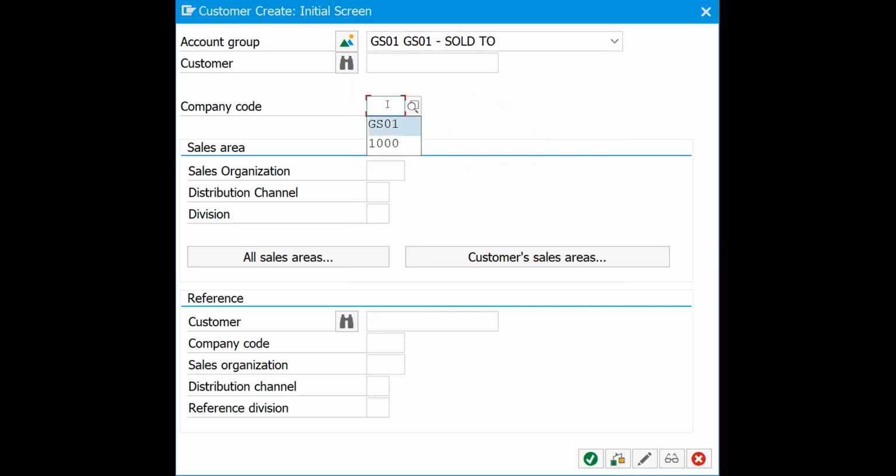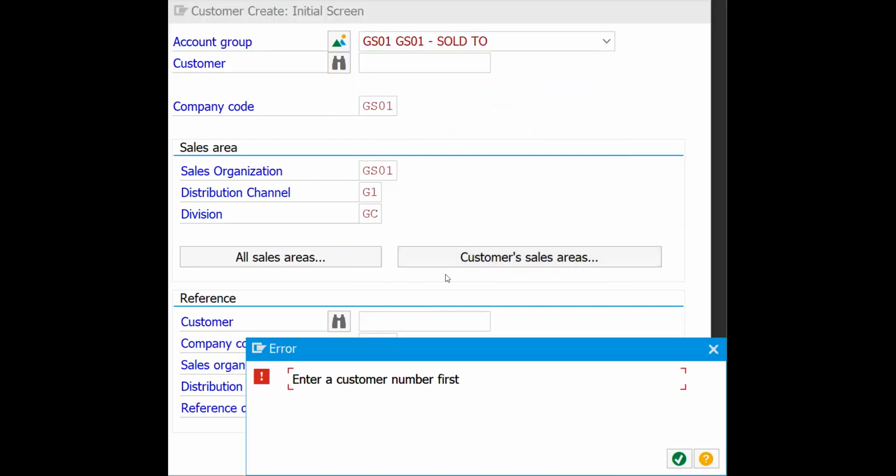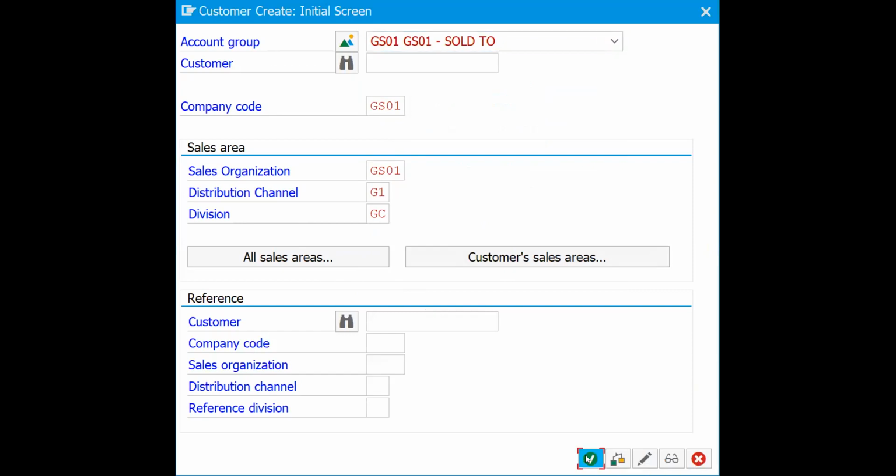Let's choose GS01. Okay, let's press enter. So now we got this one.